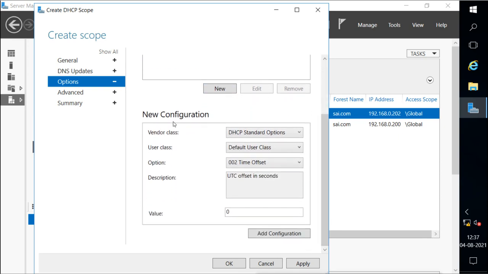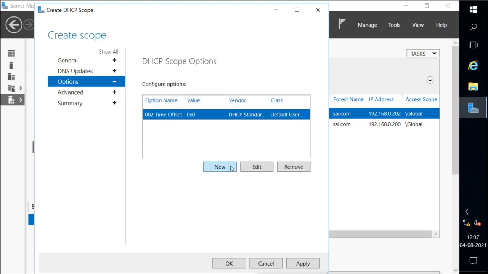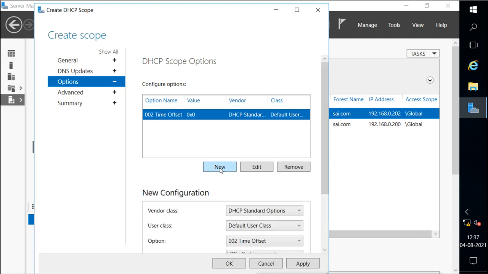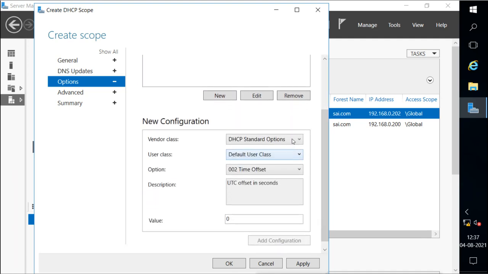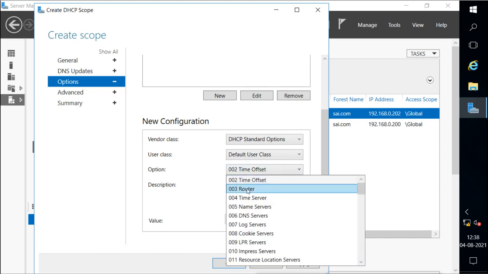For example, the vendor class DHCP standard options we can use for the default user class, like the offset and timeout. We can add more options, like the router address.